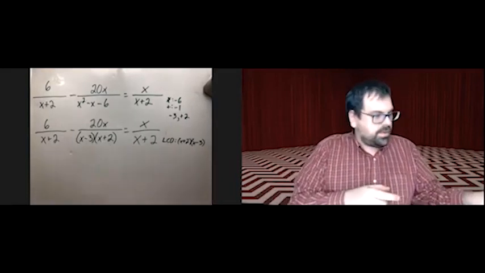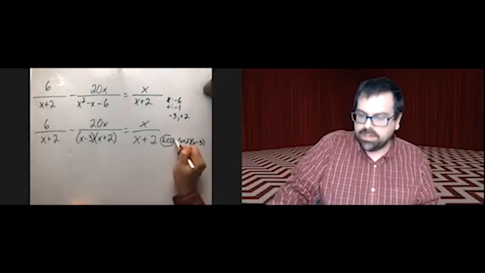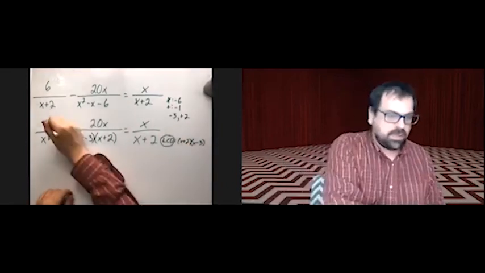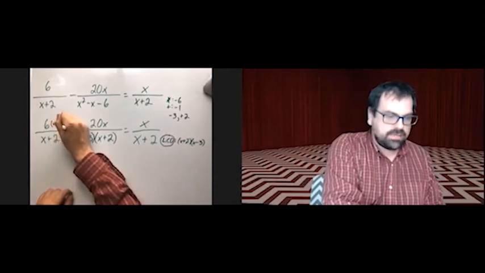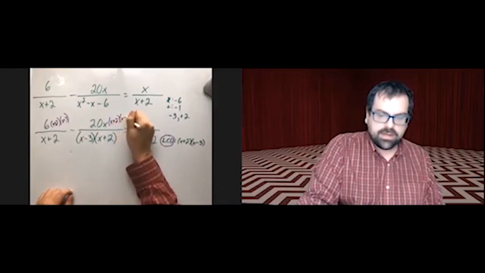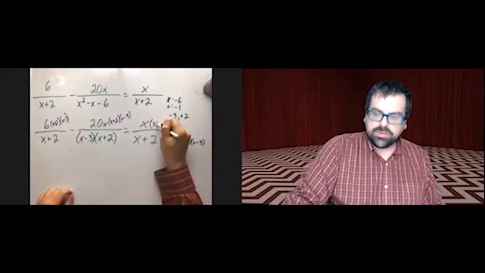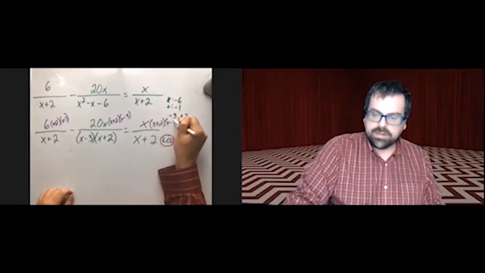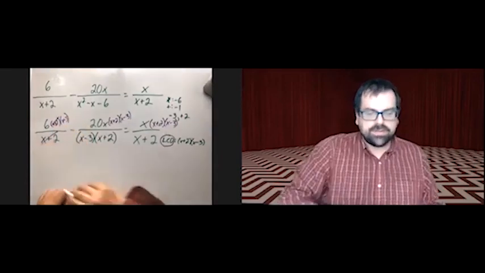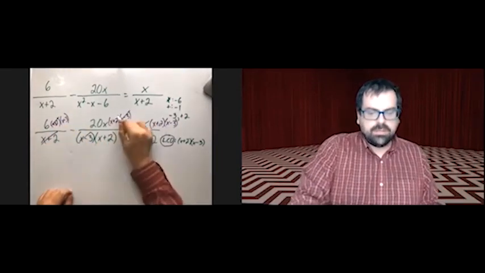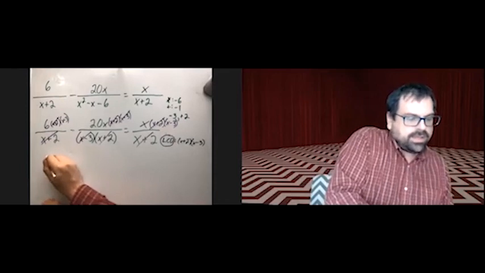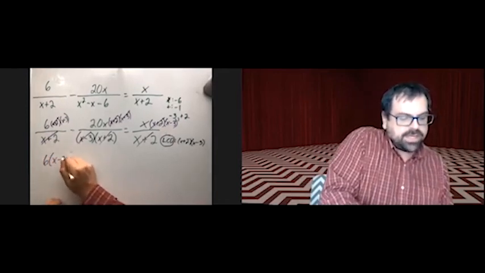What do we do with our LCD? Hopefully this repetition is paying off, and you know we just shove them in the top. x plus 2, x minus 3 on each term. The x plus 2's cancel. They both cancel. And the x plus 2's cancel. That leaves us with 6 times x minus 3